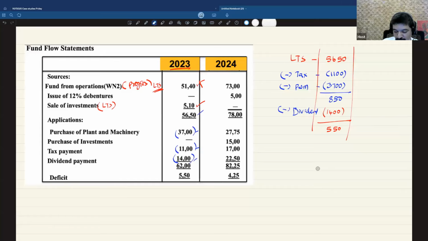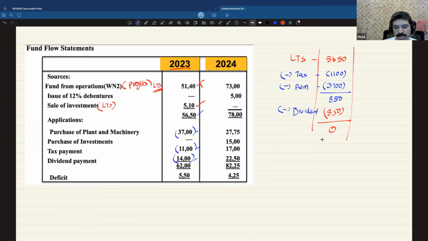When they are having only 850, what they could have done is they could have restricted their dividend distribution to 850, right? If they had done that, they would not have landed in deficit. It would have been a matching situation. Okay. But let's say they are very particular, they will pay dividend of 1,400 because they have created a trend